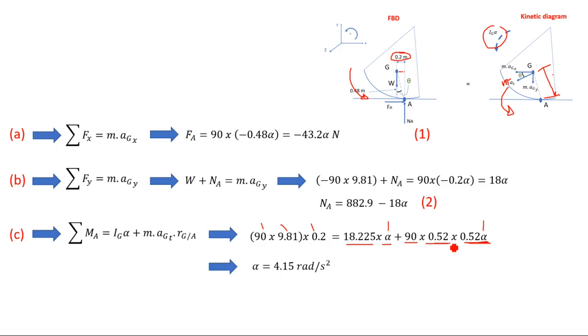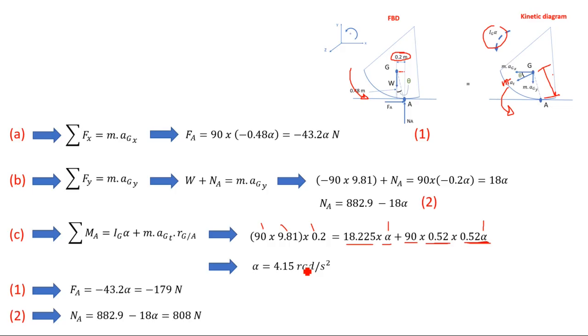And now, solving for that, I will find that the value for alpha is equal to 4.15 radian per second squared. If I apply that in equation 1, I will find that Fa is equal to negative 179 Newton. And substituting alpha in equation 2, I will find that Na is equal to 808 Newton, which are compatible results with the answers that we found. Okay, so thank you very much, and we're going to see you in the next